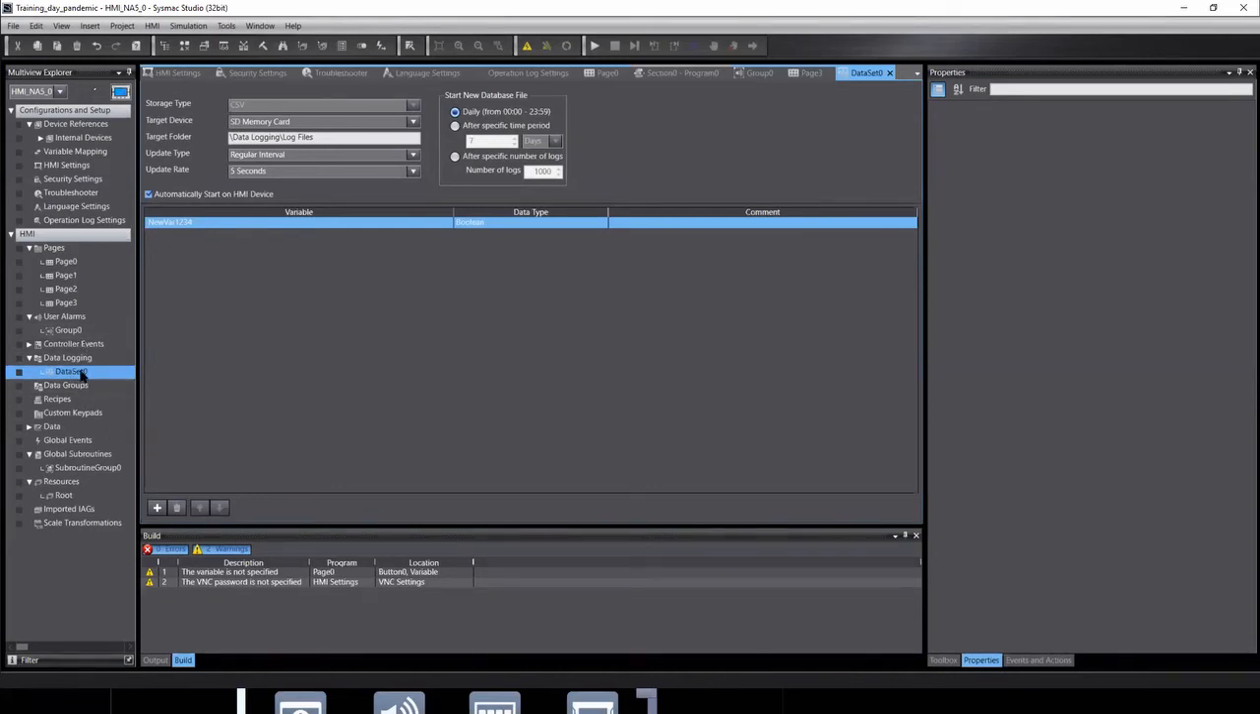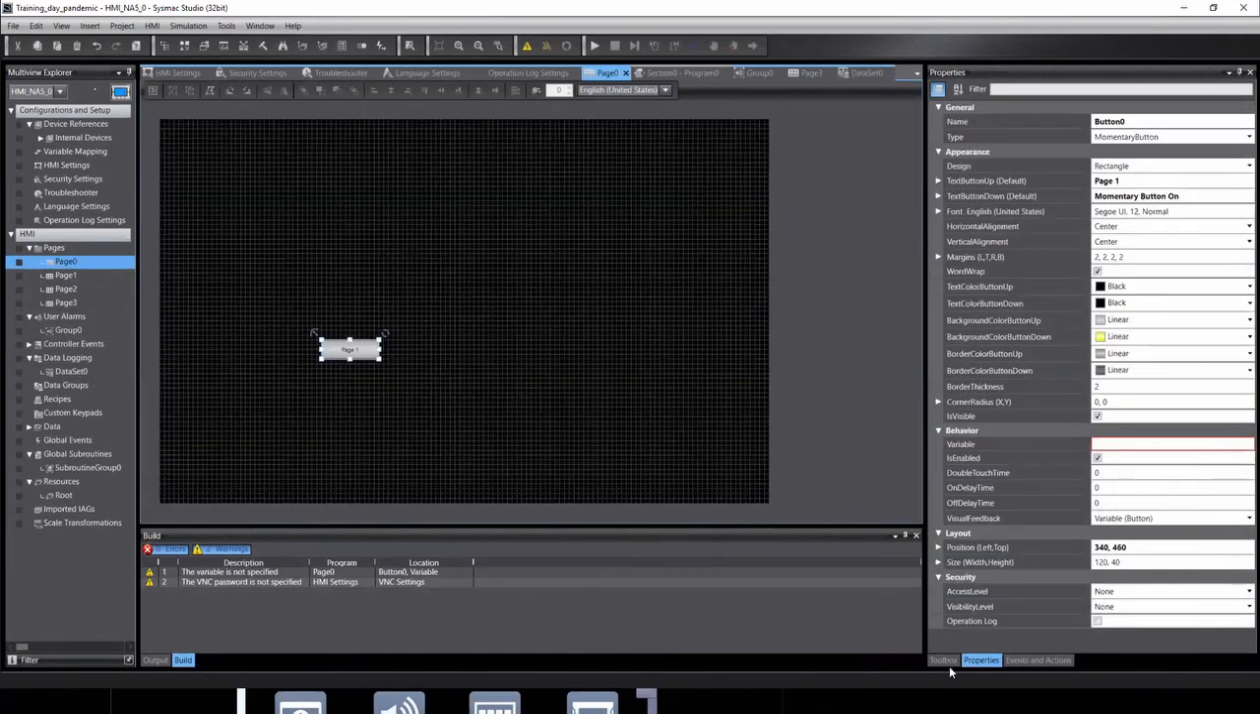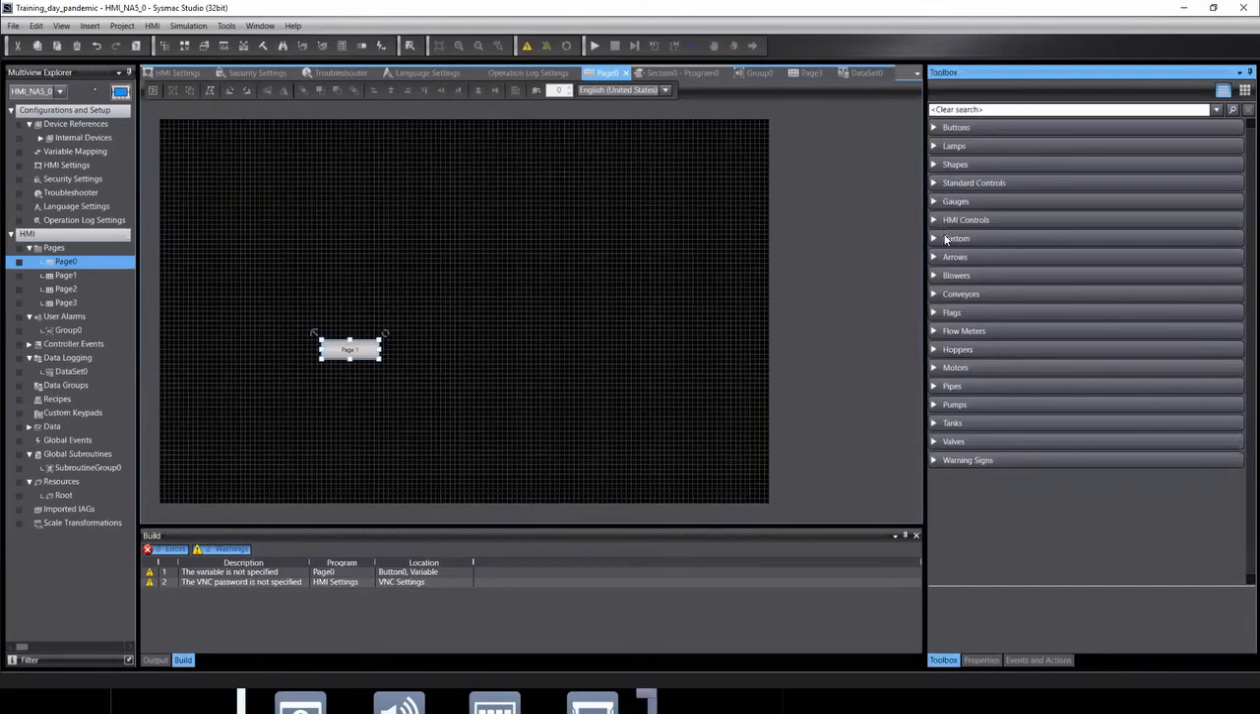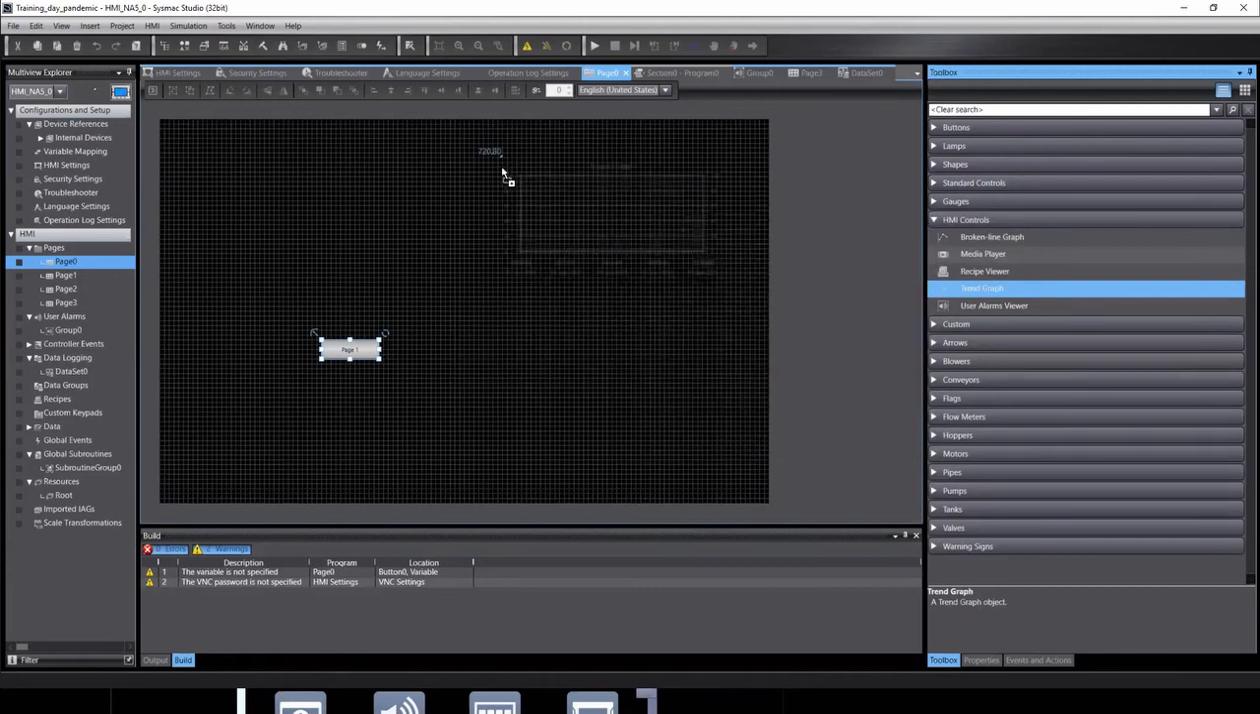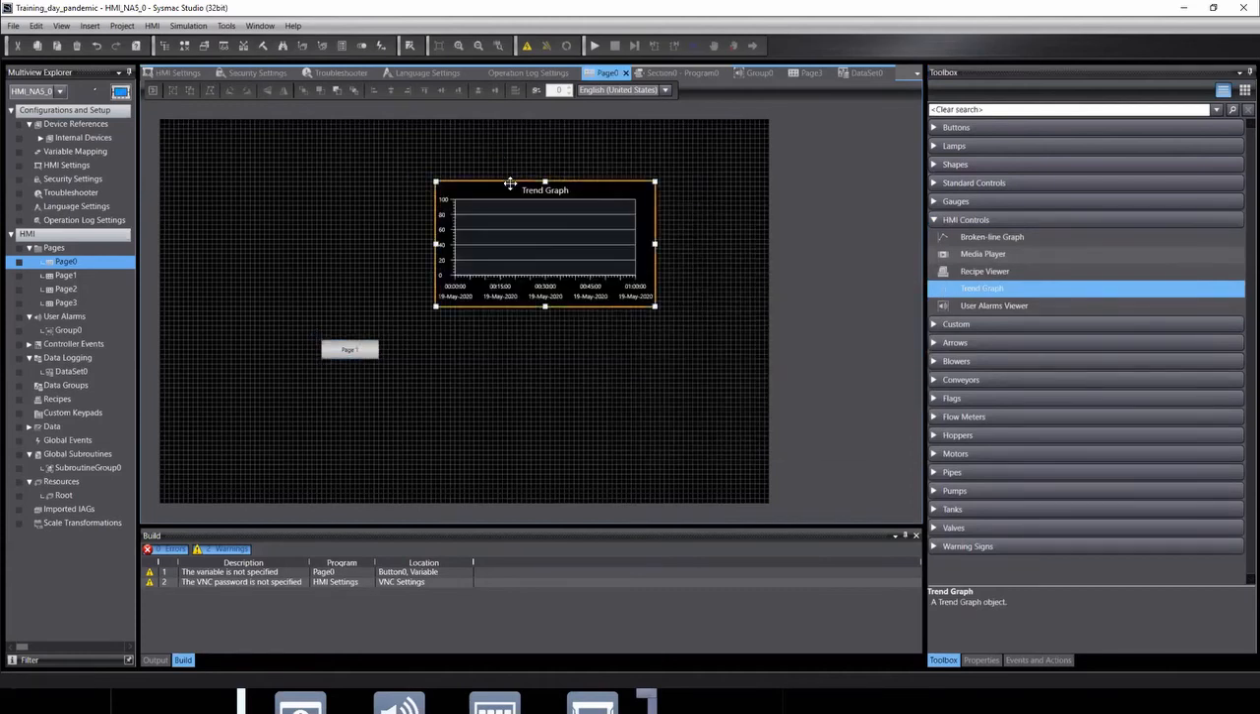To view the actual data logs, we use what's called a broken line graph or a trend graph. I recommend the trend graph. So if we drag and drop that out there and double click on it,